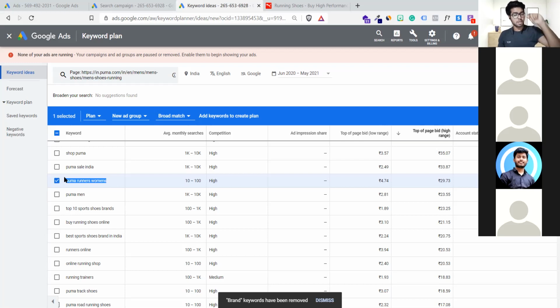But the thing is, in your ad, the name Puma shouldn't be mentioned, because it's a patented, copyrighted name. You don't have to use it. You can target my name, or any big company name like T-Series, everything. You can target that keyword. Google is not stopping you from using any search query. You can use any query.